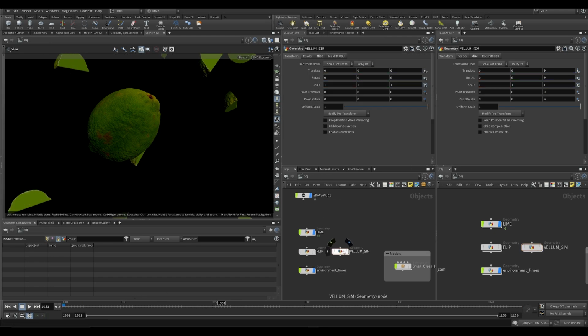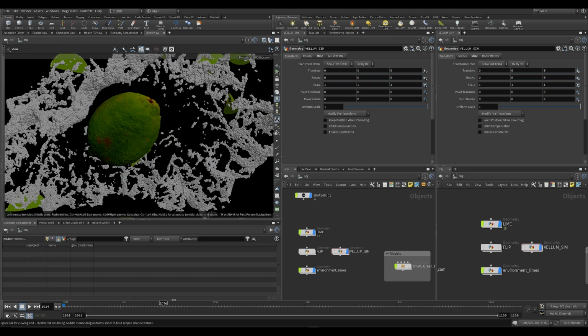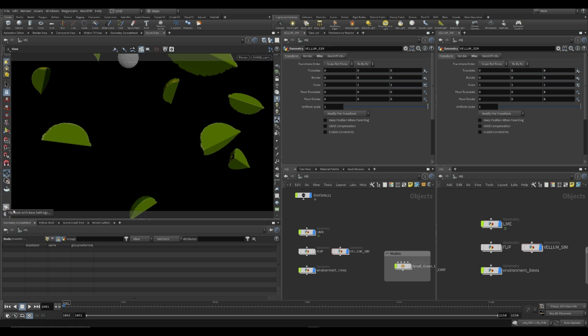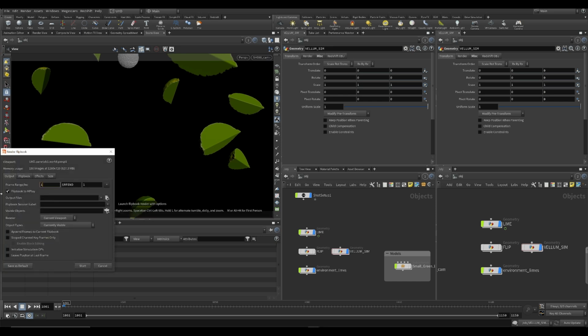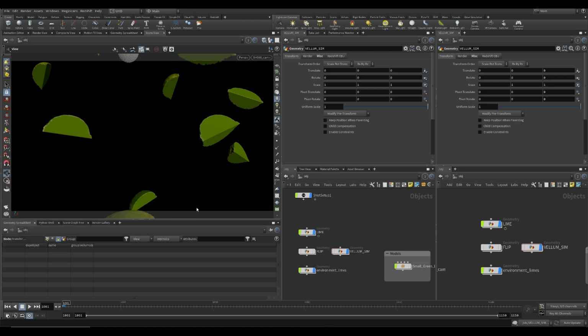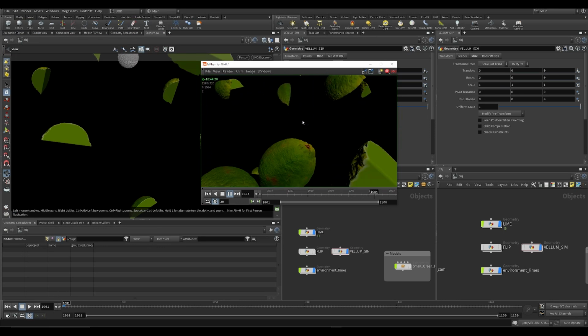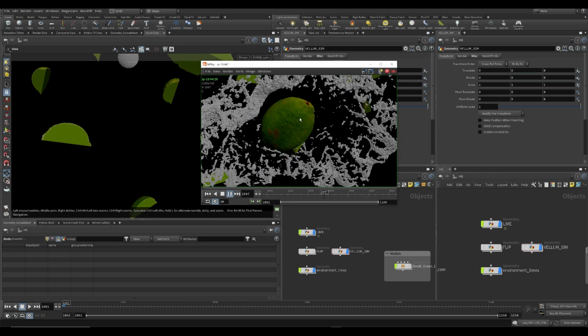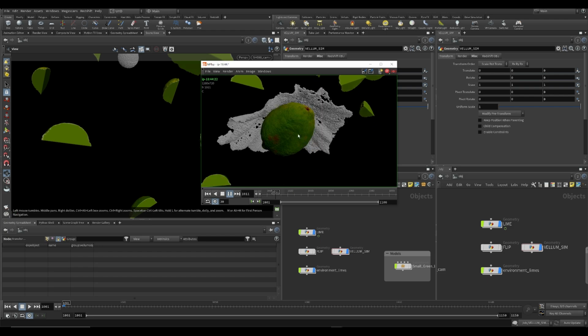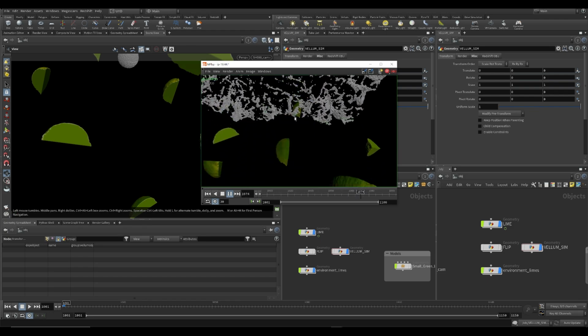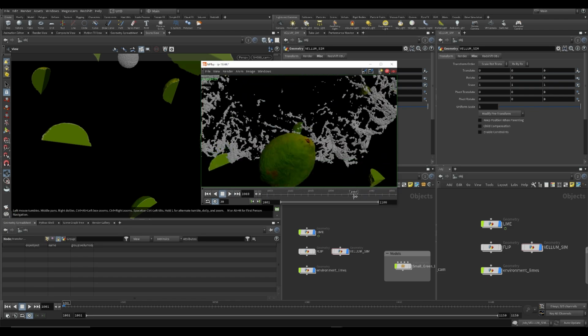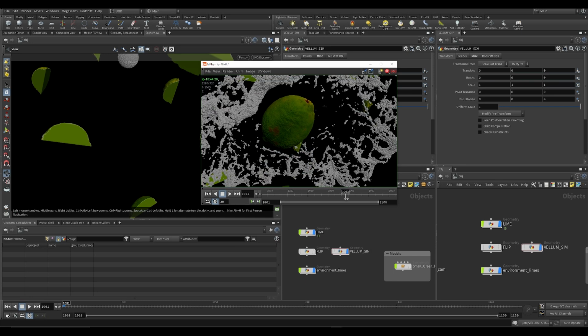Probably, if we're looking at it like this, let's flipbook this real quick to see what this looks like if we're just playing it back for real. All right, start. All right, so actually it looks pretty good. I like it. Actually, I want to add a little bit of animation to the lime, because now it's really